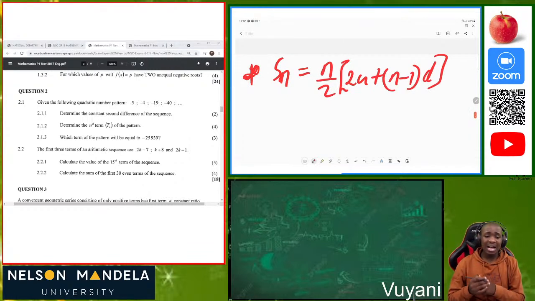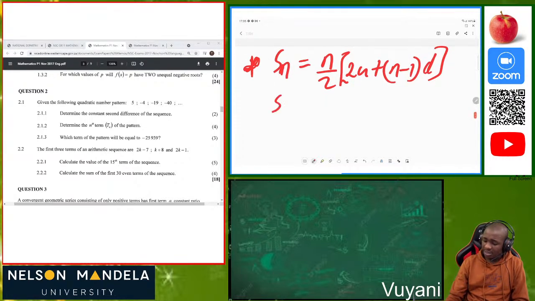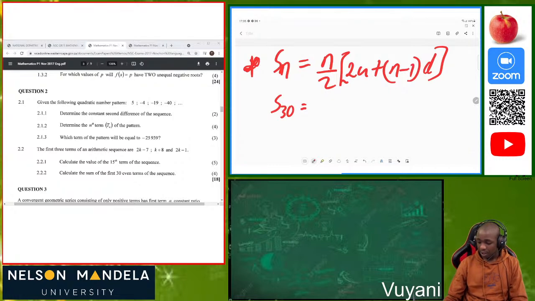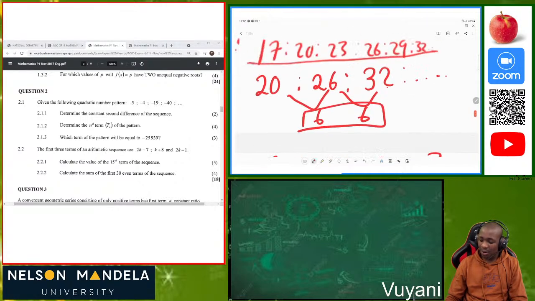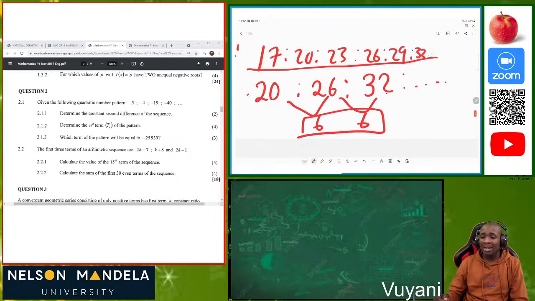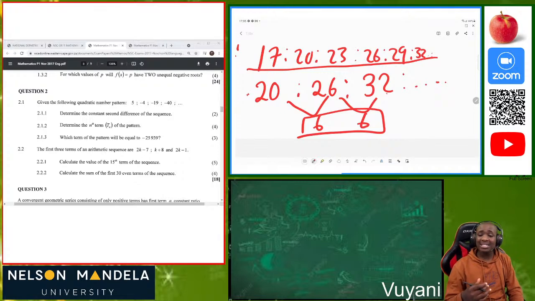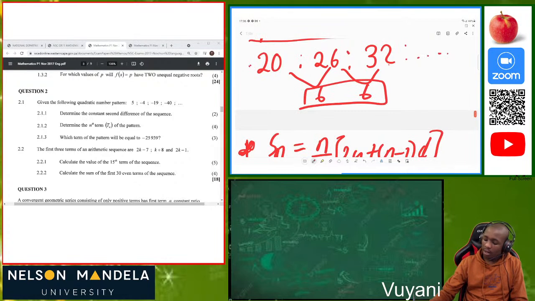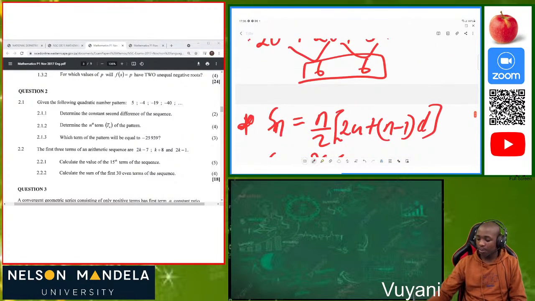So now our question is: calculate the sum of the first 30 even terms. So now we want the sum of 30 even terms. Wherever we see n in our equation, we will replace it by 30. So we're going to have 30 divided by 2. Then what is our a? Our a in this case is 20, because we want the sum of the first 30 even terms which are located in this sequence. So our first term will be 20